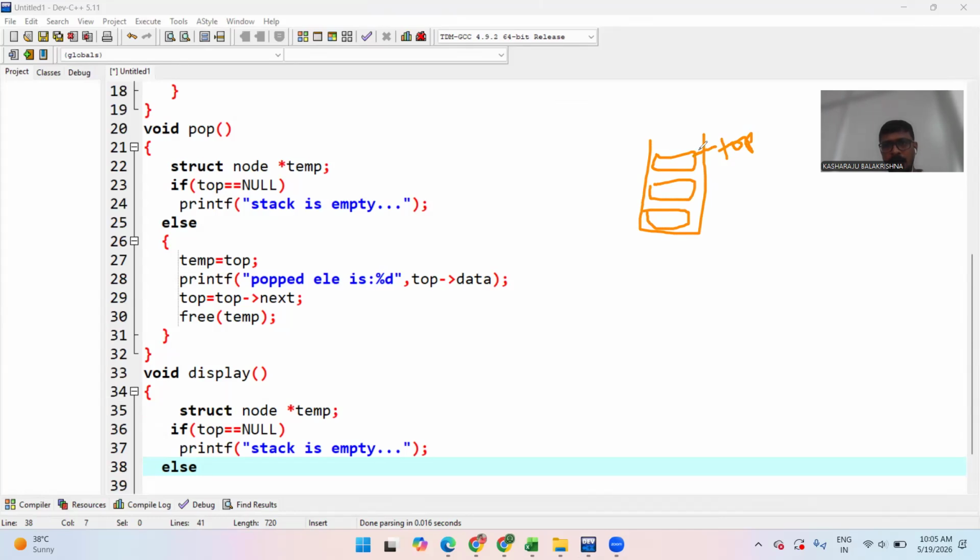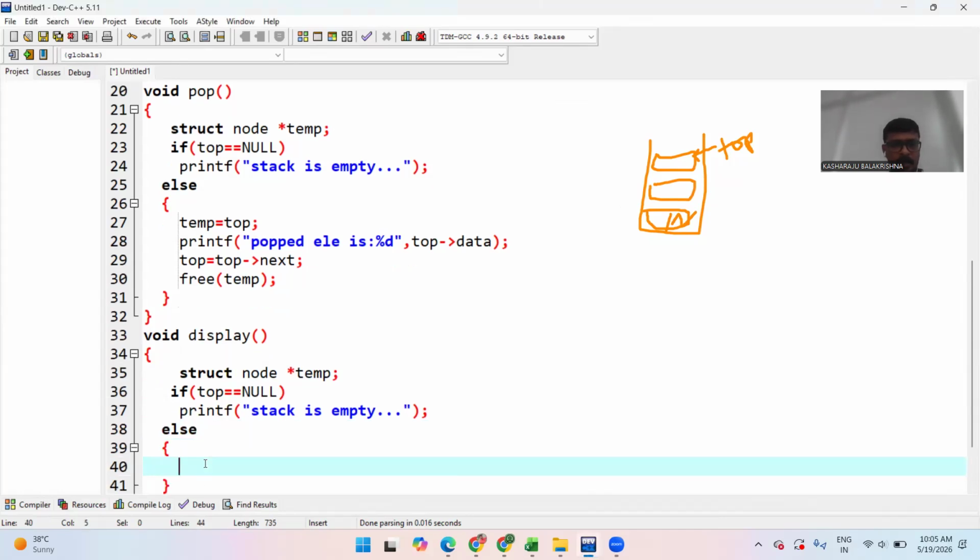So from this only, we need to print the data, up to this last node, whose next is none. Clear. Until then we need to display. If it is empty, there is no display. Okay, I need to write here temp is equal to